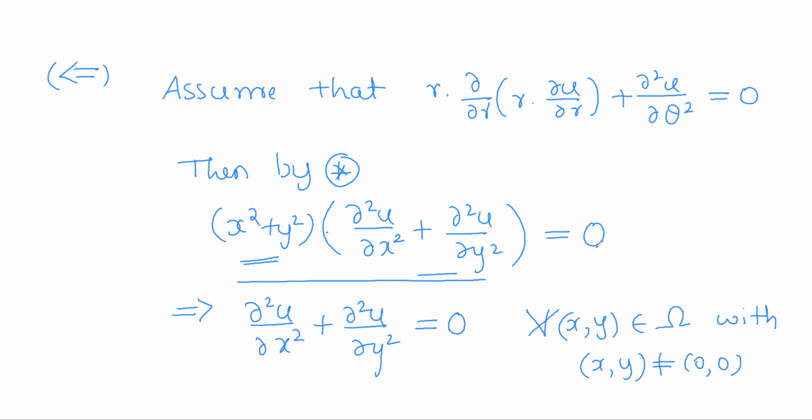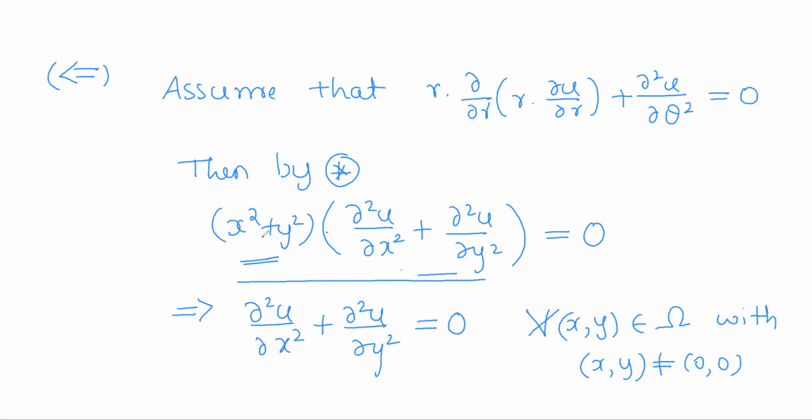So this product is 0 means it implies any one of these two terms has to be equal to 0. Whenever the first term is non-zero, the second term has to be 0. So what is the first term? It is x² + y². So when will it be non-zero? Whenever x or y is non-zero. So if x and y both are equal to 0, then the first term will be 0. In that case, the second term could be 0, could not be 0. So we don't know. It could be 0, it cannot be 0 also. But whenever the first term is non-zero, the second term has to be 0 as the product has to be 0. So I'll assume the case when the first term is non-zero.